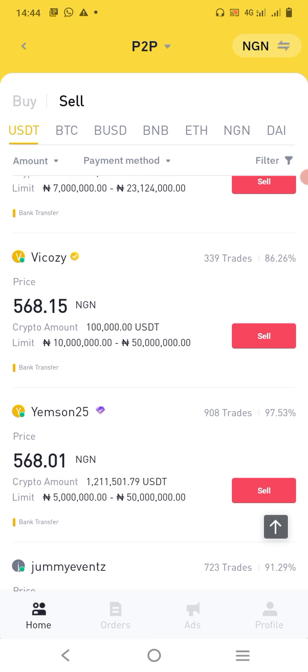The first thing I want us to do is search for your range of values that you want to sell. First and foremost, you need to know how much you have in your bank account. So let's assume that I actually have 150,000 in my bank account and I want to use it to do this business, or probably I have 100,000. The first thing I need to do is